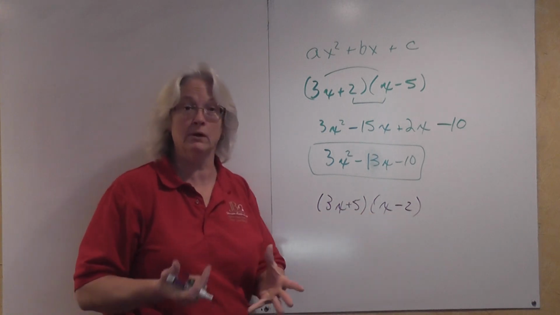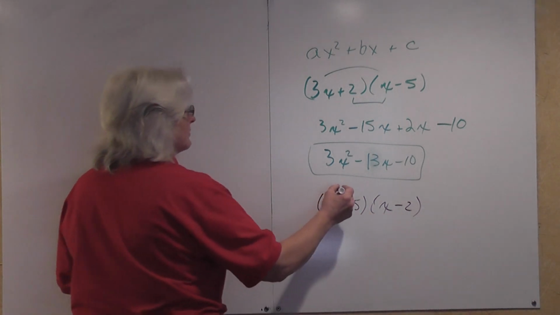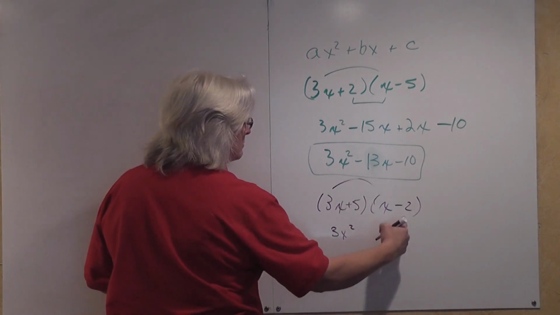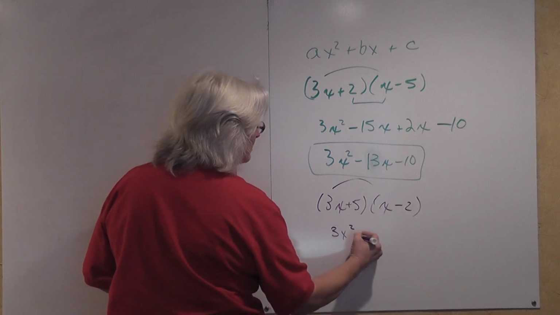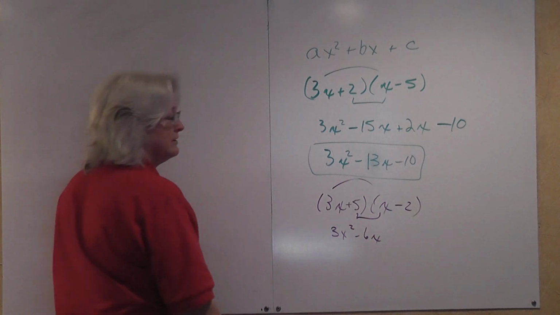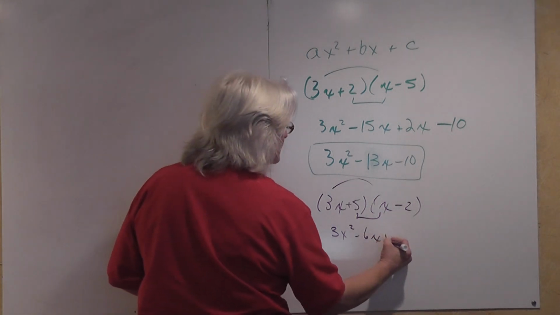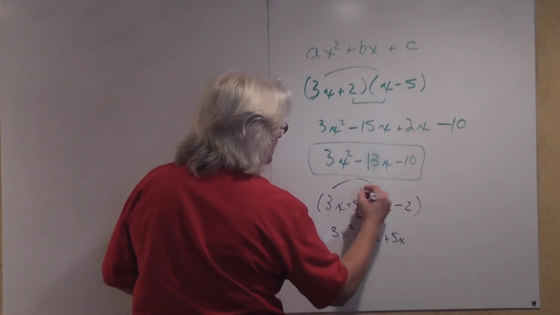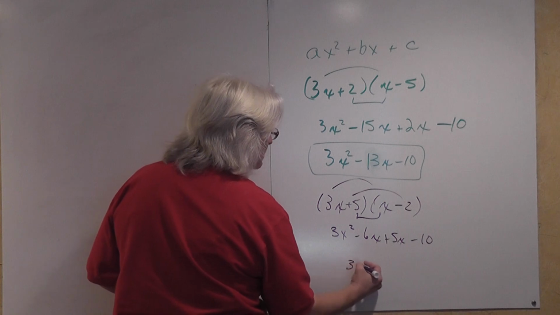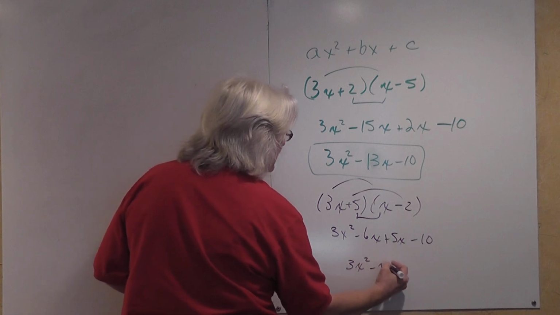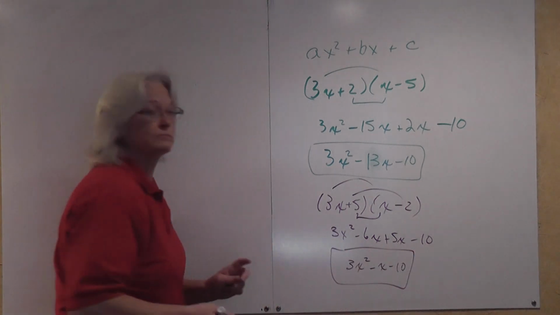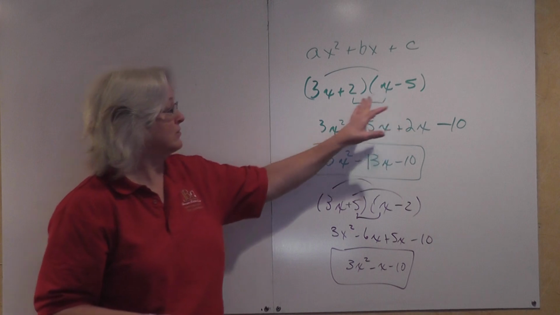Now let's go ahead and FOIL and see what we end up with. First terms multiplied together again is simply 3x squared. Outside, 3x times negative 2 is negative 6x. Inside terms multiplied together, plus 5x. Last terms multiplied together, minus 10. We collect like terms and we have 3x squared minus x minus 10. Same factors,